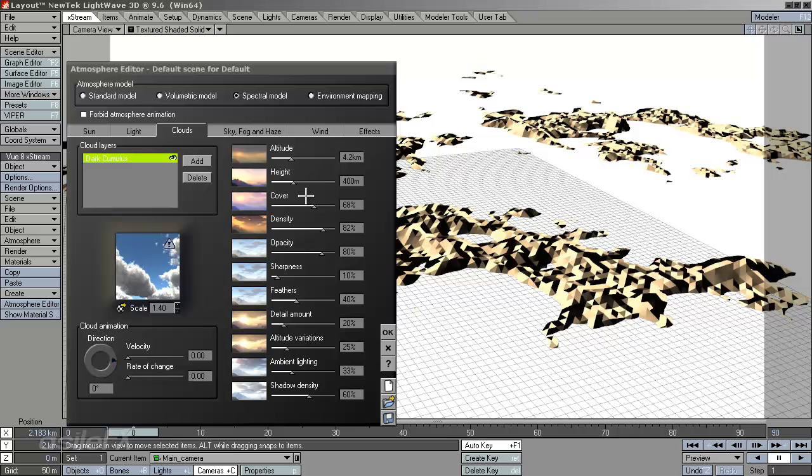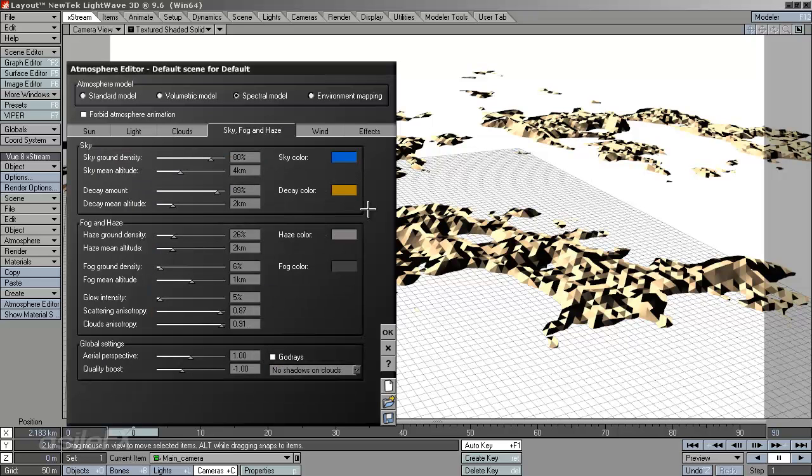So by having the internal unit set to 1, or the view unit set to 1 meter, it does extend the range of all these sliders and change all the presets to be ridiculously unrealistic. Within the sky fog and haze, the same thing happens, where the sky mean altitude, and this is the mean altitude, not necessarily the total extent of the sky, but where the sky starts to fall off into darker ranges, goes up to 100 kilometers,